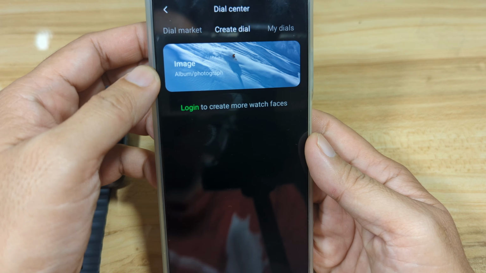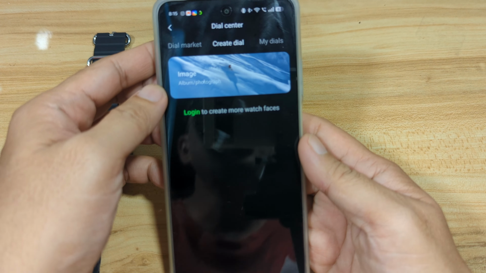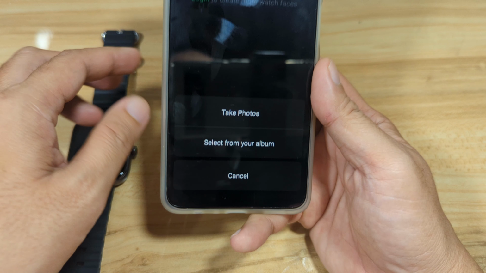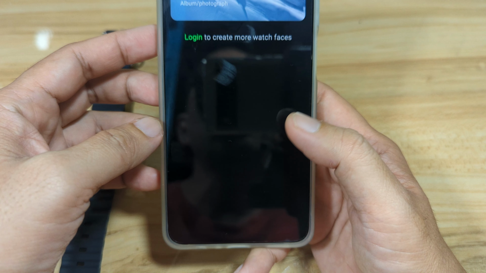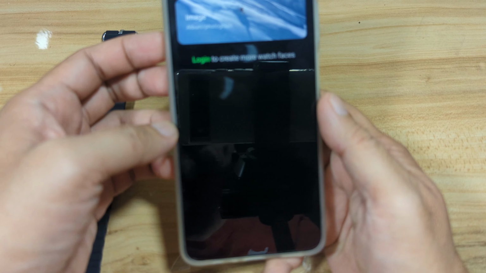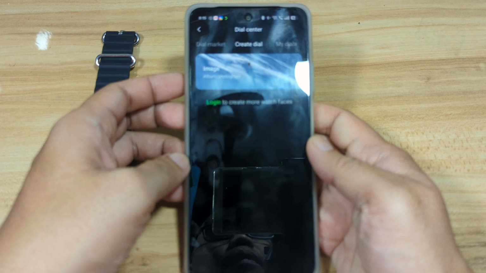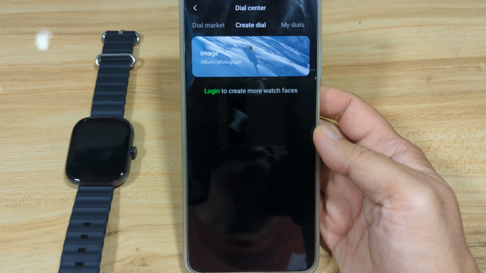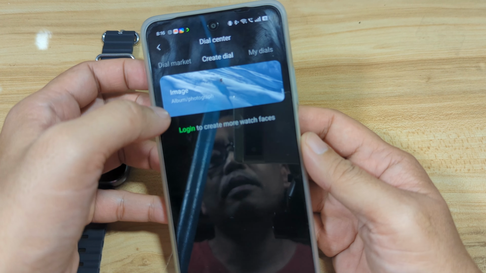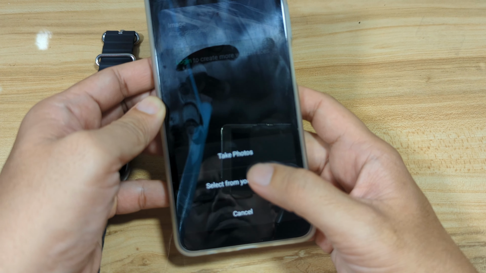For the custom wallpaper, log in to create more watch faces. We'll not log in, we'll go directly to our album. Select from your album. Just allow the permission. Let's wait. Again, album.